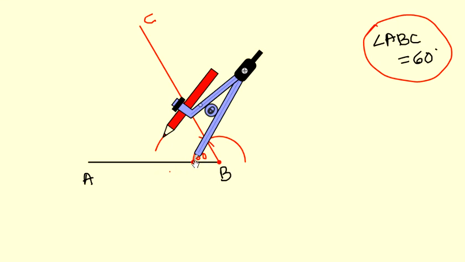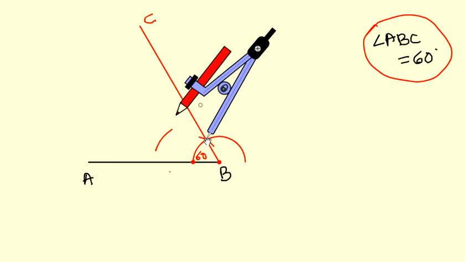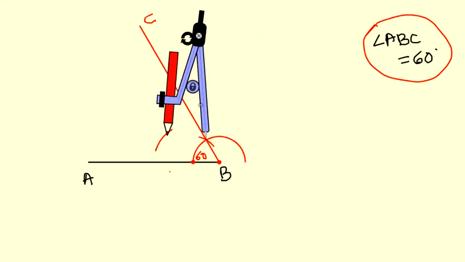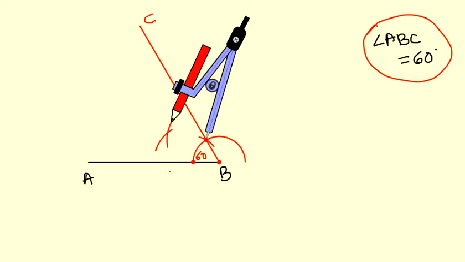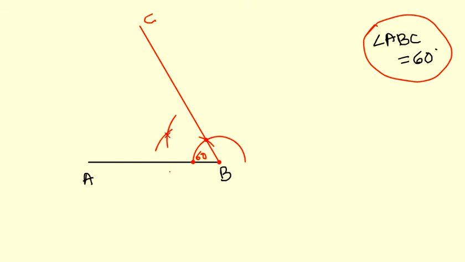Here we have to take this as center and cut an arc. The 60 degree is formed from here also, so take this as center and cut another arc ahead. The process is the same for every angle. Now as you can see we are getting the intersection of arcs here. So simply we will join. Now this is your 30 degree. This is 30 degree and this is also 30 degree. You can name this one as D. So ABD 30 degree, DBC 30 degree. So like this you have to solve question number 3.